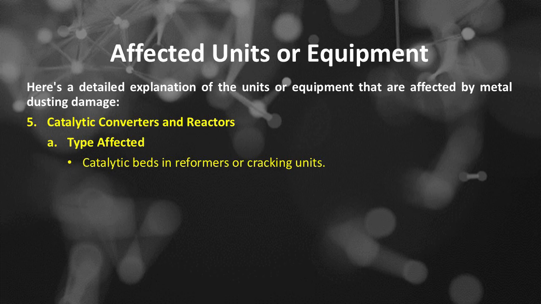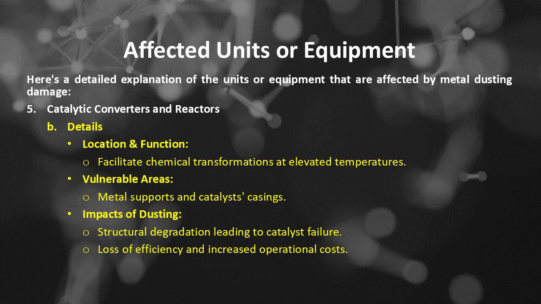Number 5 of the units or equipment that are affected by metal dusting damage is catalytic converters and reactors. Types affected are catalytic beds and reformers or cracking units. Catalytic converters and reactors details, location and function: facilitate chemical transformations at elevated temperatures. Vulnerable areas are metal supports and catalyst casings. Impacts of dusting are structural degradation leading to catalyst failure and loss of efficiency, and